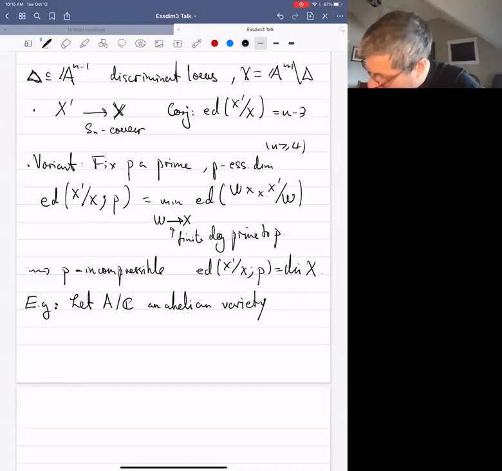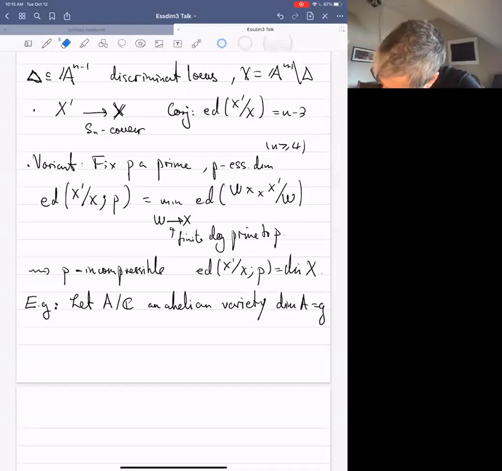Now what I can do, I fix my prime P as before, okay? And let's say of dimension G, sorry, so always the dimension of my abelian varieties will always be denoted G, if I forget in the future. And now let's just do the following thing. Let's consider the multiplication by P map